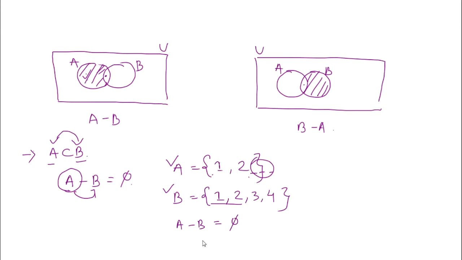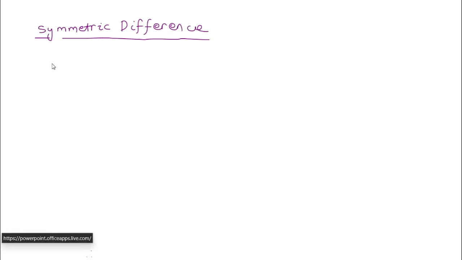Now we will study the next operation, that is symmetric difference. We have already studied the operations union and intersection and also difference. So what is symmetric difference now? Symmetric difference is, we can say, a combination of the operations union as well as difference. Let A and B be two sets. Then the symmetric difference of A and B can be defined as